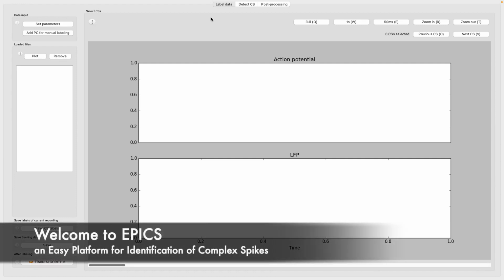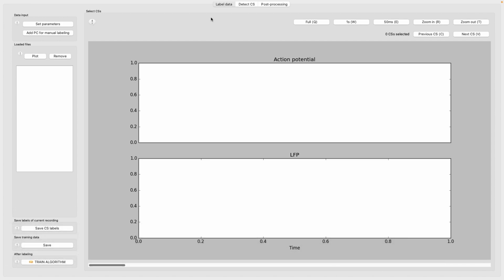Hello, everybody, and welcome to EPICS, an easy platform for identification of complex spikes. This is a very interactive tool which allows you to label your complex spike data, train the convolutional neural network, detect all complex spikes, and then finally visualize the results during post-processing, all on a single platform without requiring you